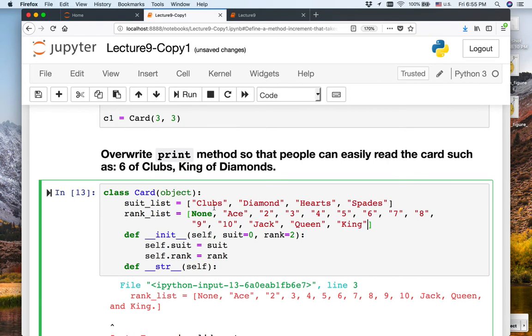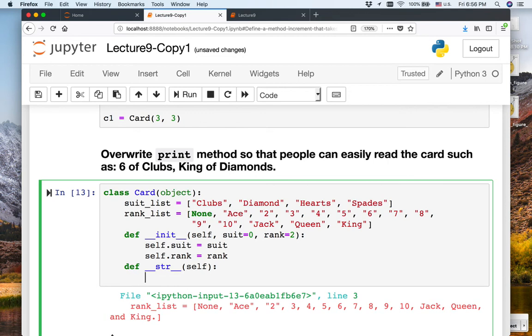Okay, so I have the mapping now, and I want to be able to print that, so something like key, so 6 of clubs, so rank should come first, right? So from rank list, or you can say self too. I think you can say both, yeah. Self rank list and self rank plus of